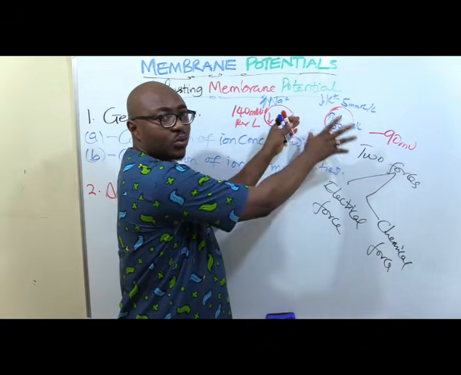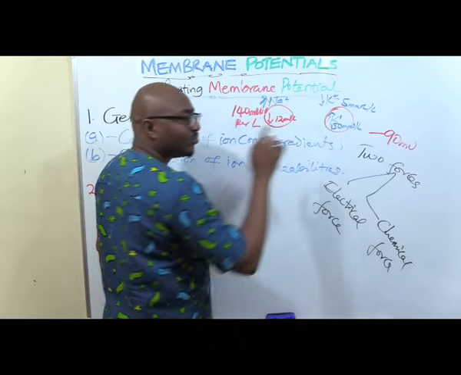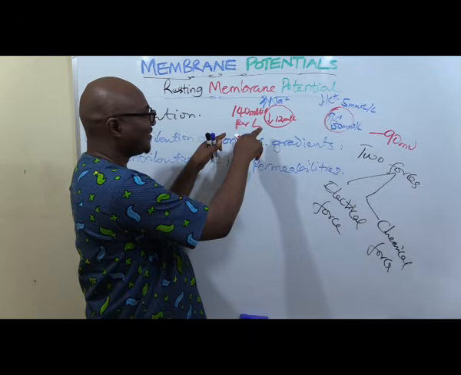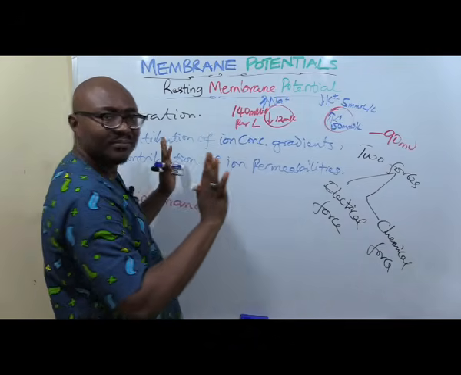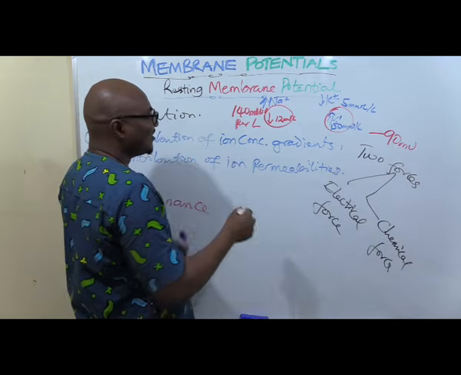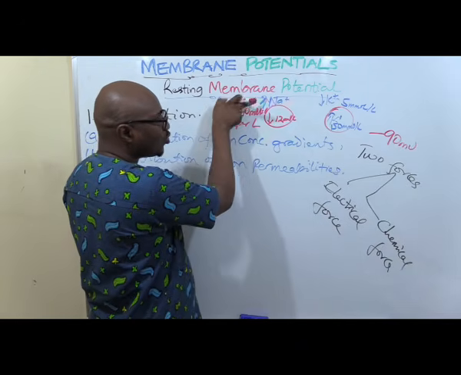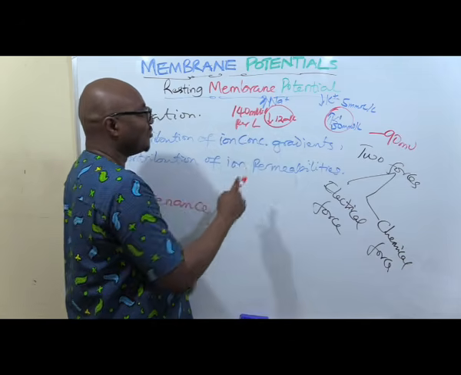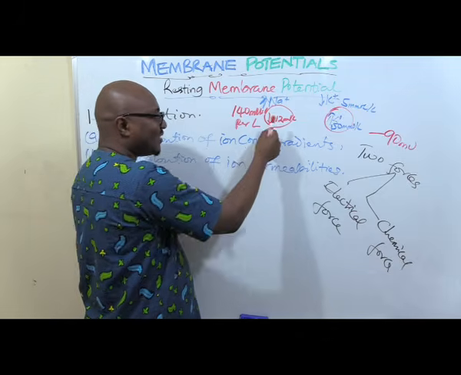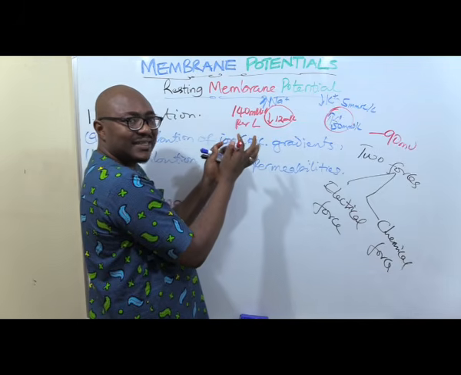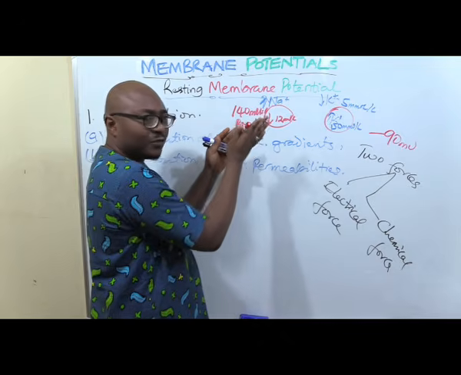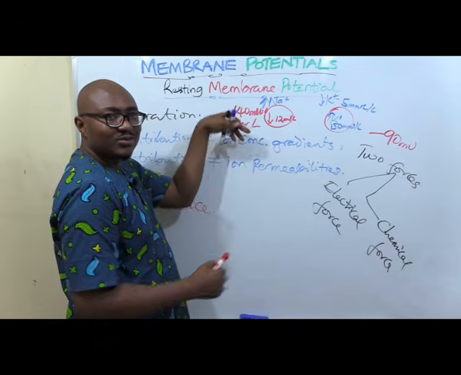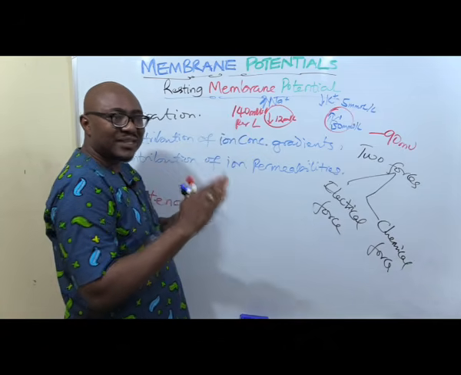Remember, we are just dealing with only potassium. So this is the equilibrium potential for potassium. So coming to sodium, exactly the same thing happens. Okay, so sodium, the concentration is trying to go in, because it's much outside, it's trying to go in, but to get to a point where the positive charge inside is now increasing, and increases enough to resist further influx of sodium into the cell. So at that point, it's known as the equilibrium potential for sodium.